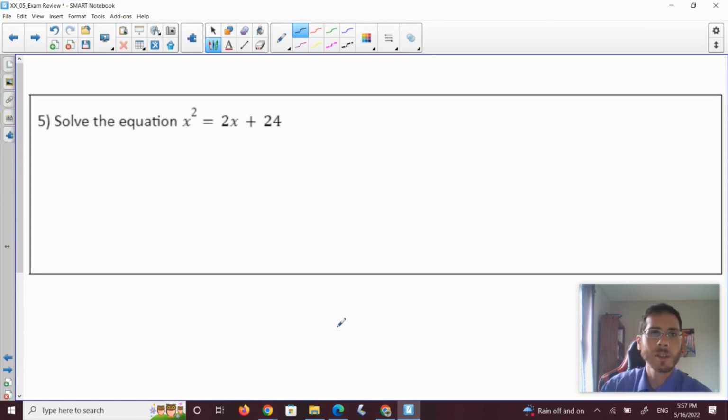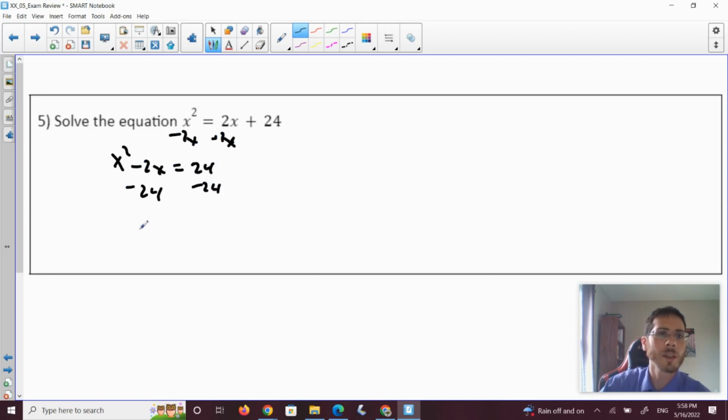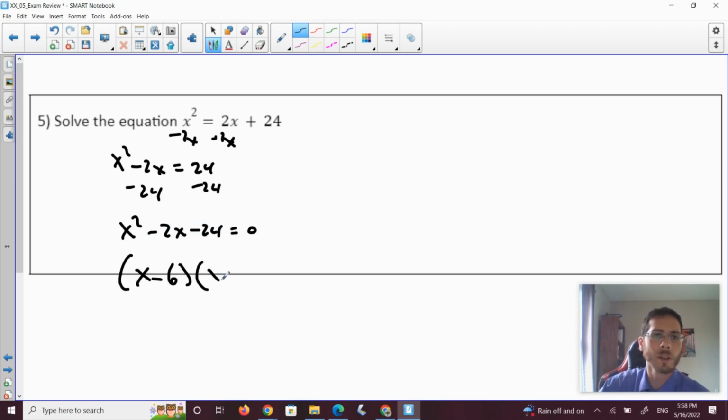For 5, we have an equation to solve. This seems like a straight up question that looks like it's from Unit 2. But remember, we did a lot of these factoring things in solving all of the fraction equations as well. So to solve this, we need to make sure we get everything on the same side. So minus 2x on both sides, then minus 24 on both sides. And then we can factor. So things that multiply to negative 24 add up to negative 2 are going to be